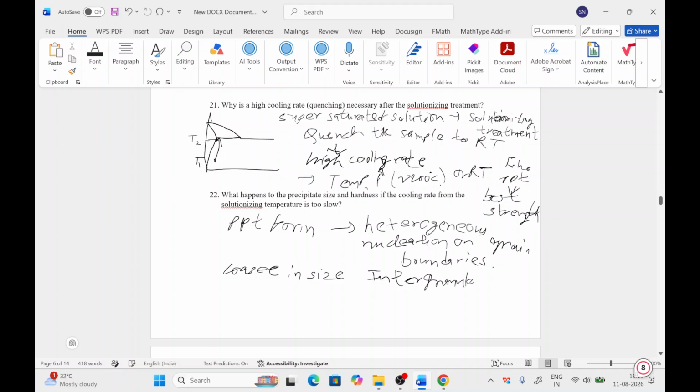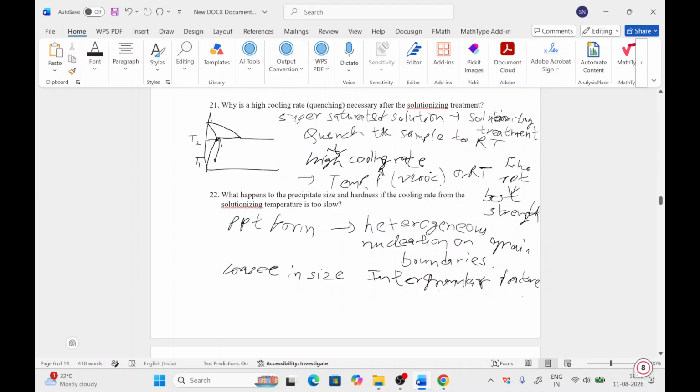Intergranular fracture means less ductility and poor mechanical performance. So we do not need our material to fail from intergranular fracture. That's why we avoid